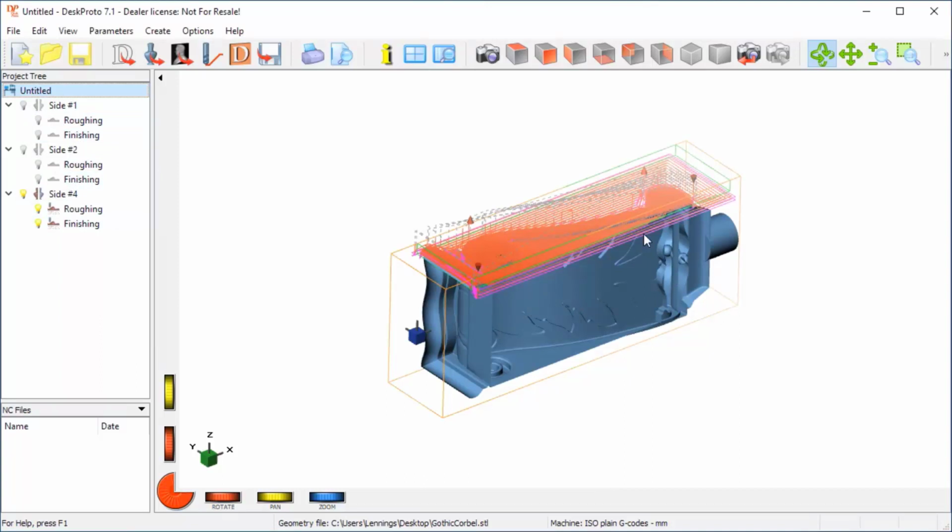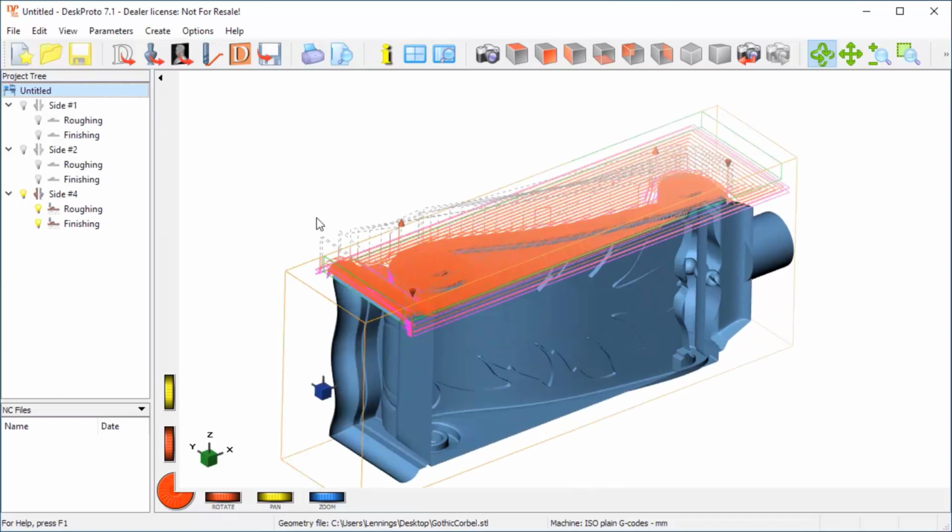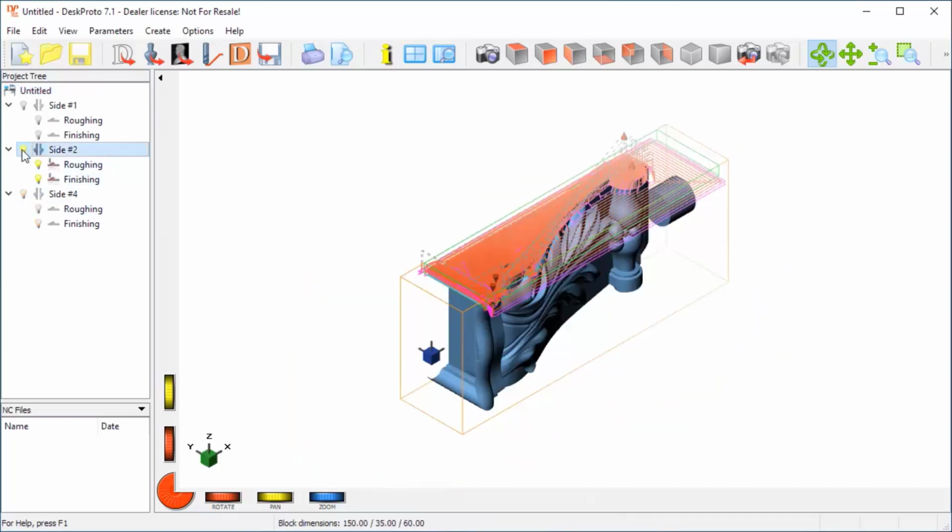Well, 2 more things can be deleted. Here for side 2 and side 3 you also see roughing and finishing. However, the machining depth is only 5 millimeters, and for this geometry most of the material has already been removed while roughing side 1. So in fact for side 2 and side 4, which is now in fact side 3, the roughing operations can be deleted.